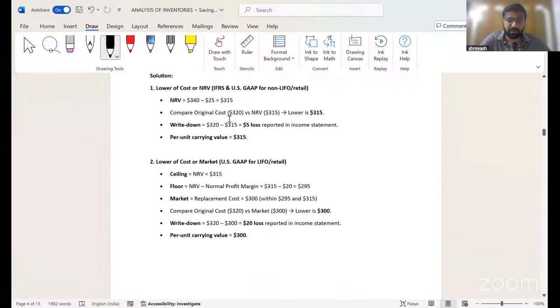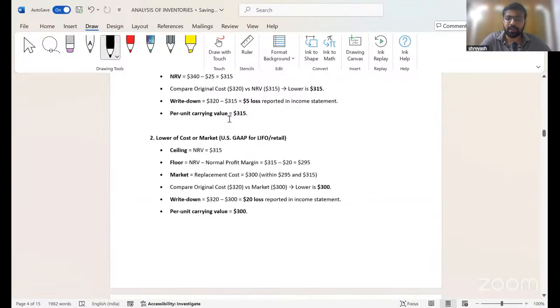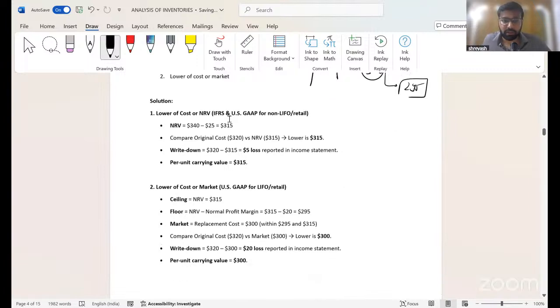हाँ, 295 समझ गया. Right. So you can clearly see in case of IFRS and US GAAP में भी same रहेगा. कौन से method के लिए? FIFO के लिए और weighted average के लिए. Right. So that will be 315 is the value of the inventory after the write down, and $5 is the